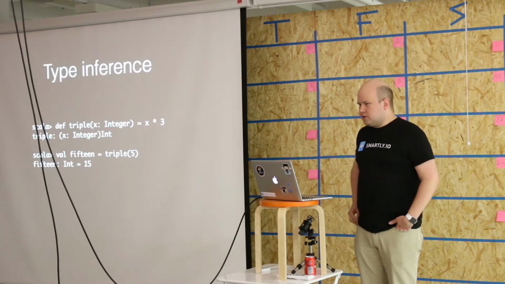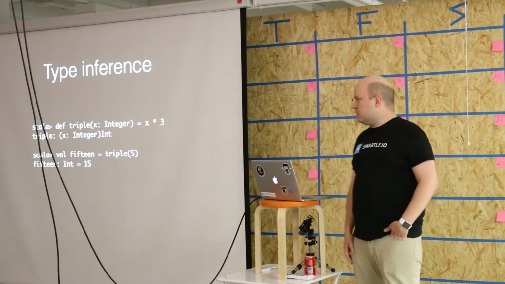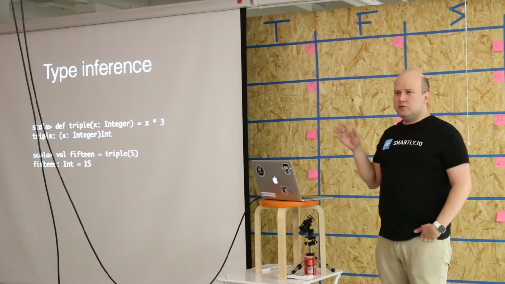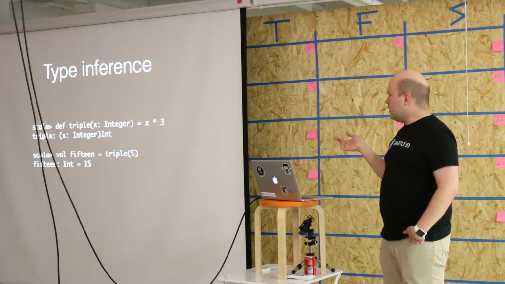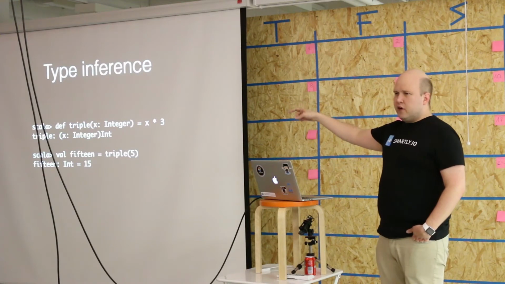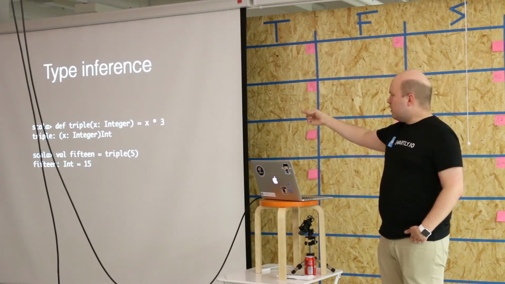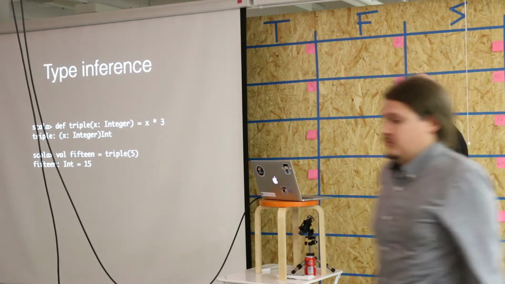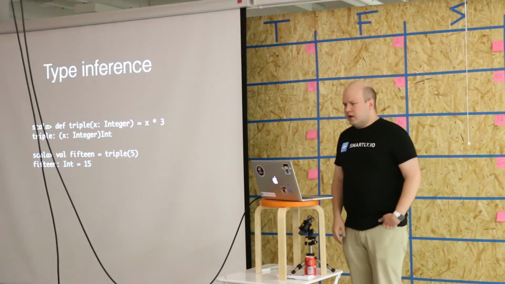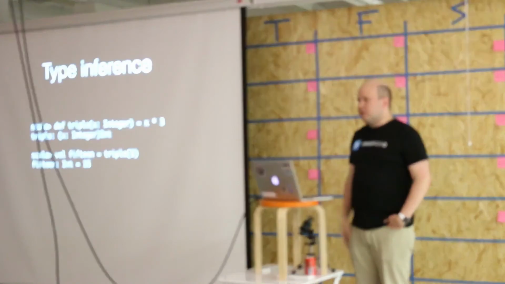One of the cool things that has happened over time is type inference, which is basically just figuring out the type based on the context and based on everything else. So for example, in Scala, you would not have to define the return type for this function, because you can pretty much figure that if you multiply an integer by another integer, it's going to be an integer. So the compiler figures out things like this. And that's one of the big things that's helped a lot in making this more productive.